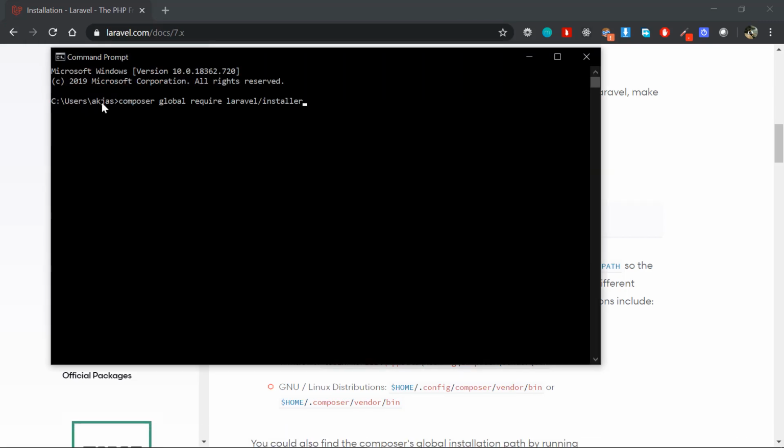Now what this does is it is just globally installing the Laravel installer on your system. So with that being said, press enter, and it will take a little bit of time, so be patient. Since I already have this Laravel installer in my system, I'll just press Ctrl+C and terminate the process. It will take a little bit of time, please be patient, and after it's done,